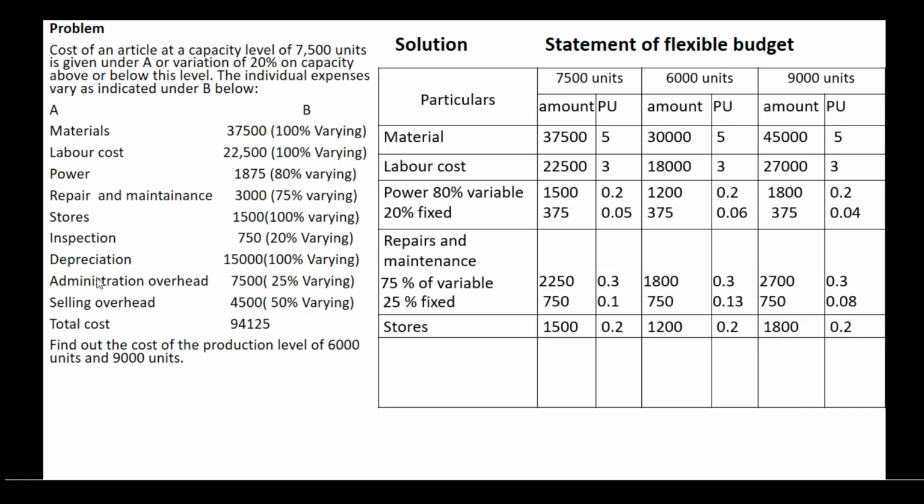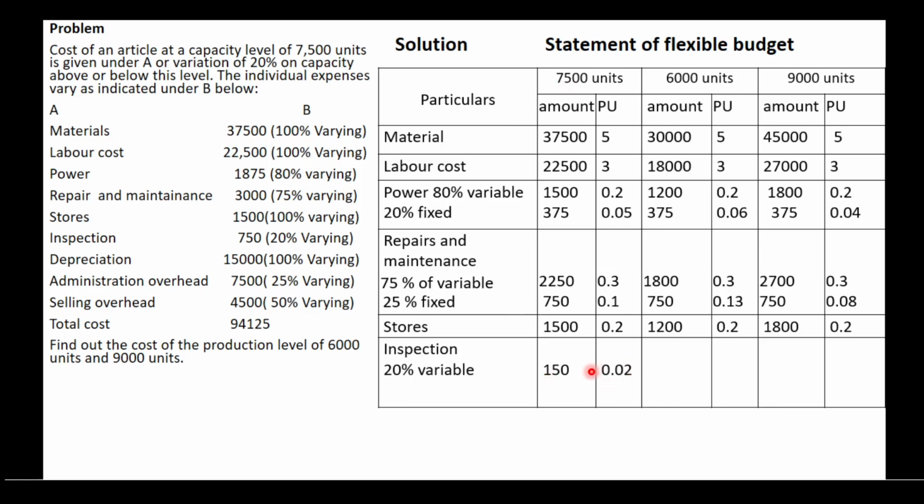And the next one, that is the inspection. The inspection amount is rupees 750. So in this amount, 20% is variable and the remaining 80% is treated as fixed. Okay. So the inspection 20% variable. So 750 into 20 divided by 100, the amount is 150 rupees. So this 150 rupees is divided by 7500. Then the cost per unit is